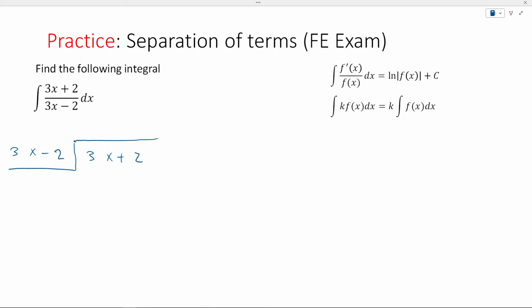What I want here is to get rid of this term. That's basically what I want to do. So how to get rid of this term? If I just subtract it,